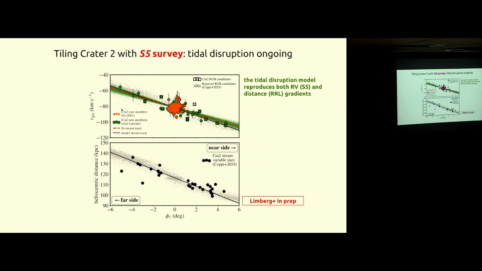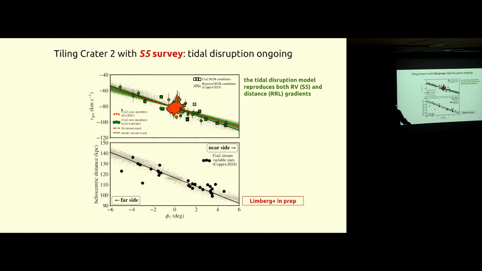And then this is the actual result that matters for people that care about the dynamical evolution of these extremely diffuse, ultra-diffuse galaxies. This is what we derive from our data. This is a velocity gradient. So what we found was that if we cover the entire footprint of our survey, we find this velocity gradient. So not only is there a distance gradient that we found from the RR Lyrae that were covering this area, which is right here, we also have this velocity gradient, which is exactly what you expect from tidal stripping.